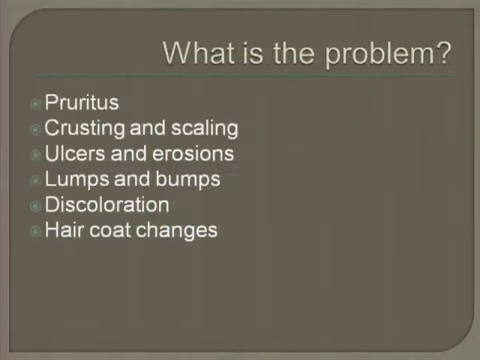So what are the basic problem categories? Depending on what source you read, there can be anywhere from 6 to 10 different basic problem categories. The way that we're going to organize these are according to this. So pruritus, crusting and scaling, ulcers, erosions, lumps, bumps, discoloration of the hair and the skin, and then hair coat